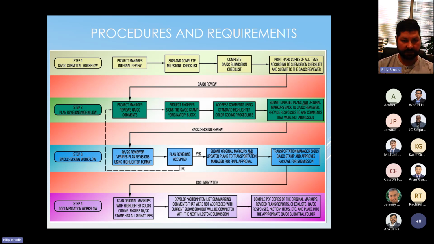The first, again, the QAQC, and it flows through. If it has to go back in step 3 because plan revisions weren't accepted, it goes just back to step 2 and we redo the whole thing. And I just can't stress enough, the purple step here is documenting the actual submittal,